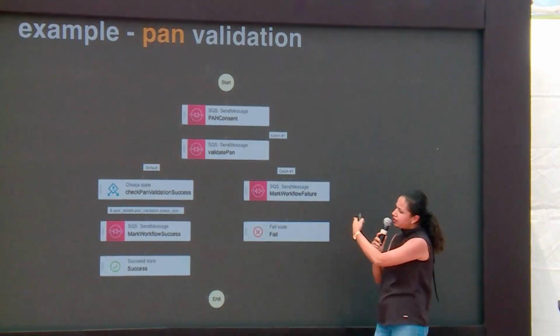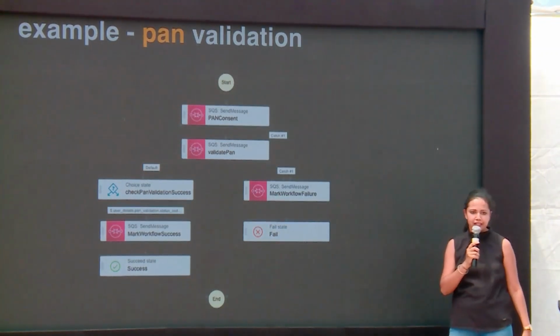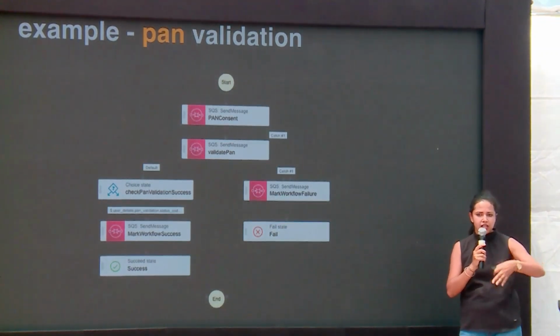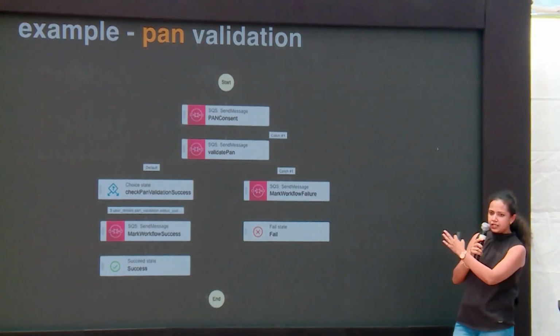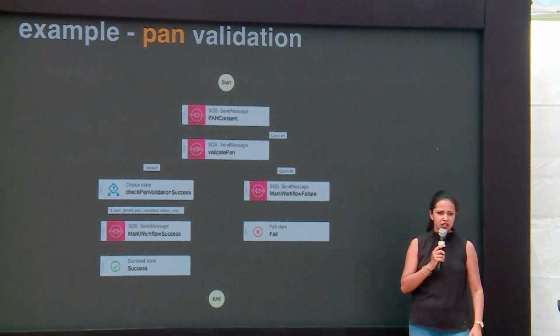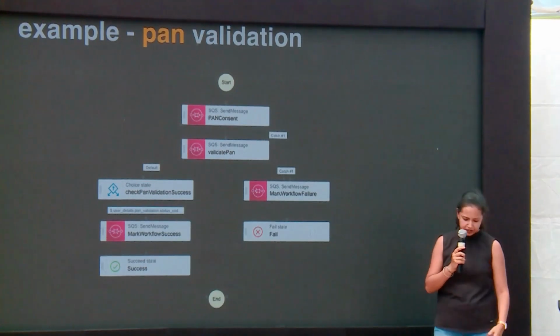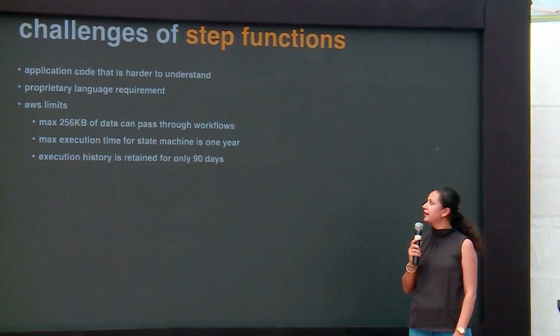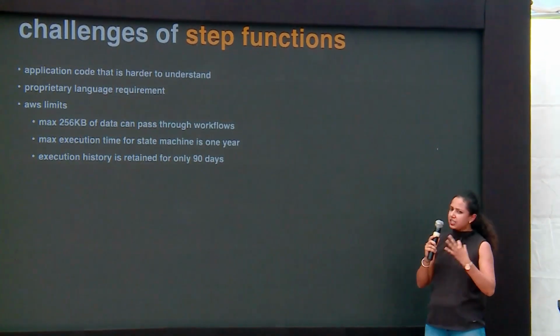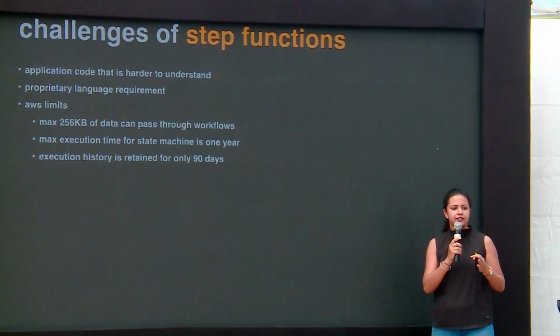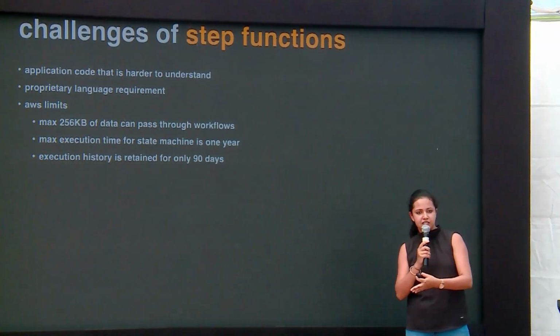And if you want, you can mark the workflow as a failure. Right? So all of these retries and exception handling are part of the step functions that we use. It's provided out of the box for that. Right? Quickly discussing the challenges in general for step functions, and then we'll discuss how these limitations have impacted